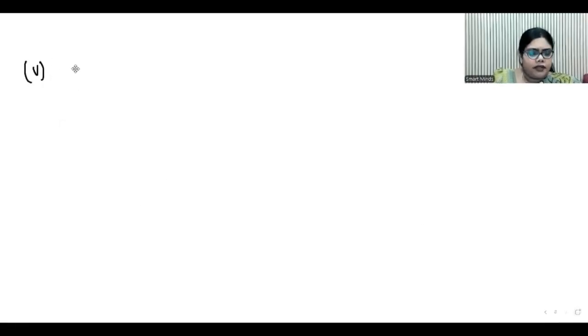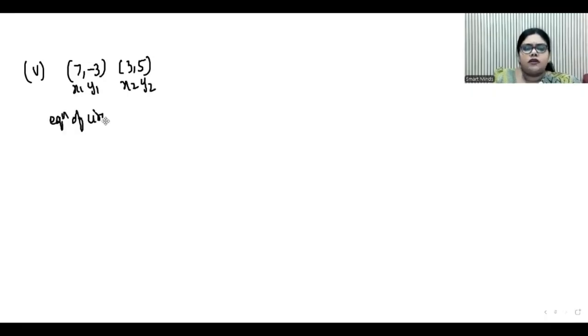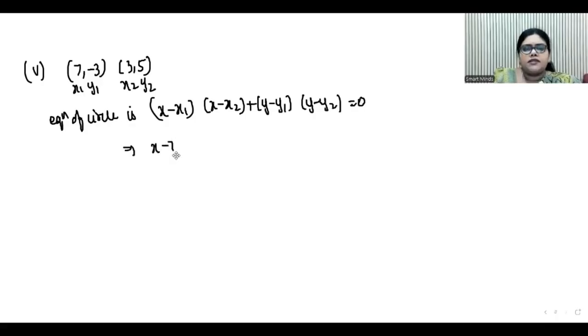Next, take the fifth bit now. 7 comma minus 3, 3 comma 5. Again, we take this as x1, y1, this as x2, y2. Now, what is the equation of circle? Equation of circle is (x minus x1) into (x minus x2) plus (y minus y1) into (y minus y2) is 0. So, (x minus 7) into (x minus 3) plus (y plus 3) into (y minus 5) is equal to